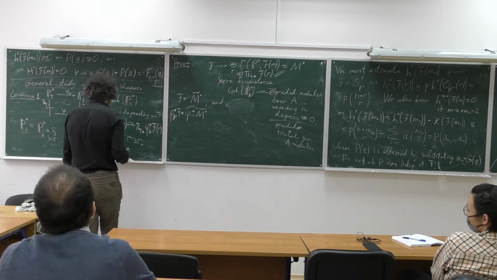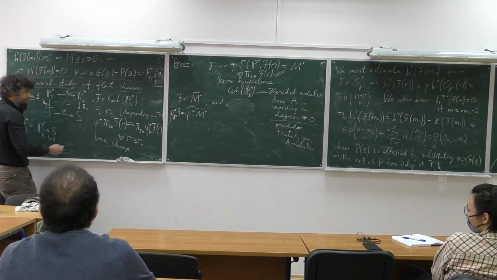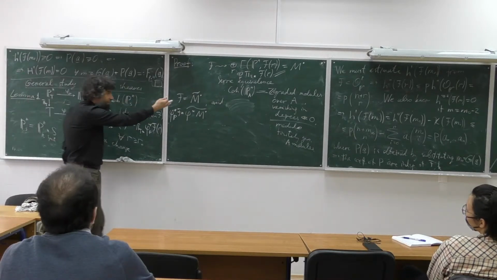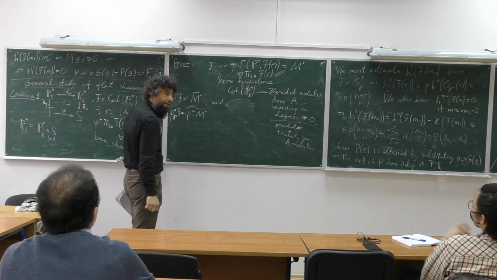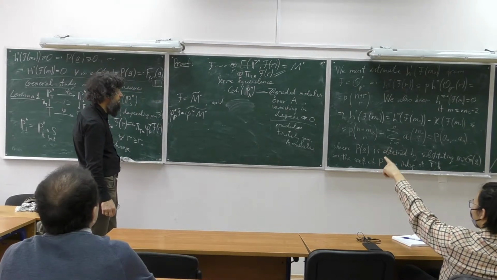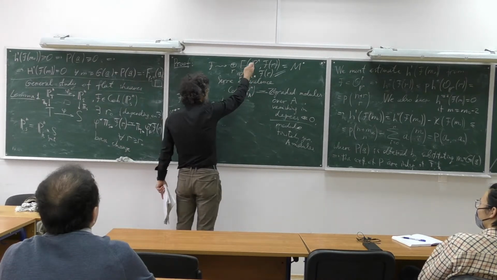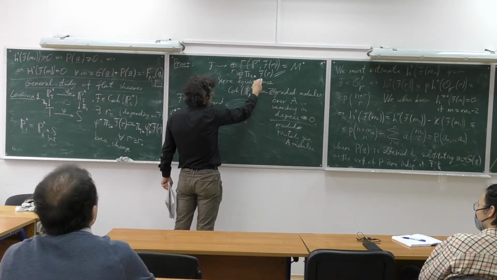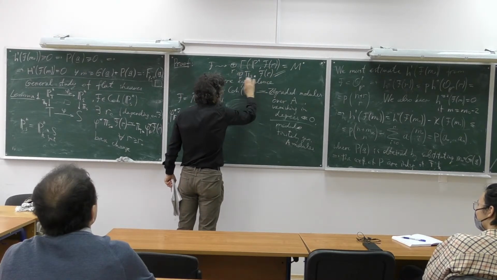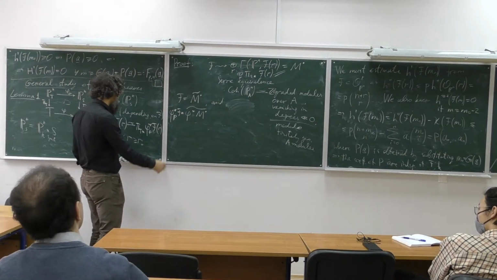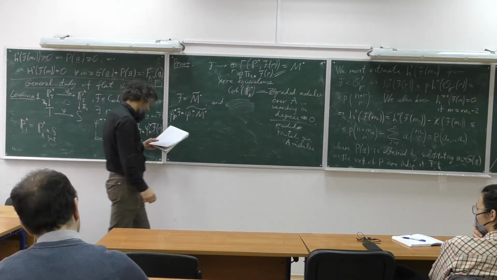No. S is not an arbitrary scheme. But the question is local, and we can choose something on the affine patches. It doesn't matter. Here I never assume that S is affine, I just take the push forward. But if you want to say that these two functors are the same, you have to assume that S is affine. Once again, if S is affine, then it makes sense to speak about this, and it is nothing but that. But in general, you can only speak of this. Fine. So we computed the right-hand side, in a sense.